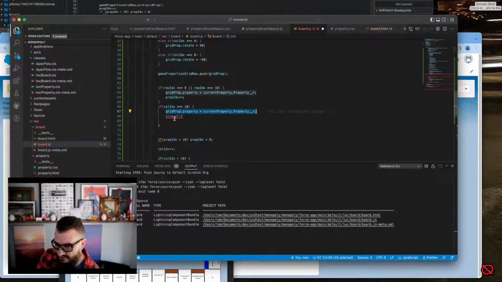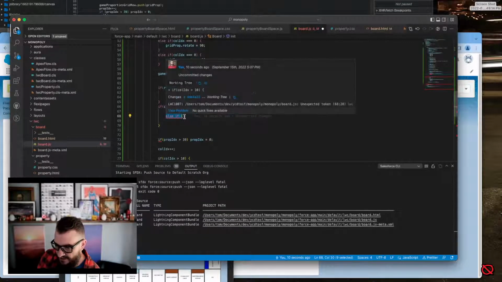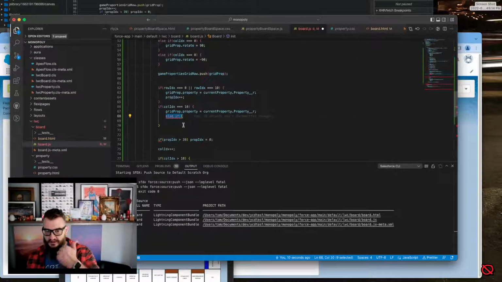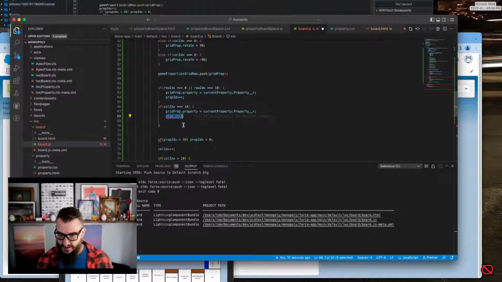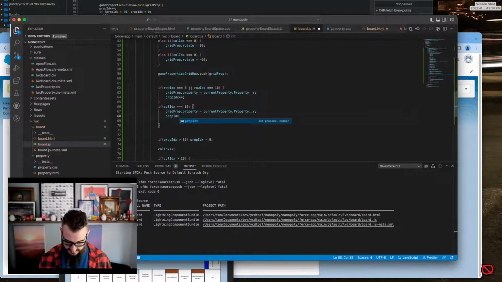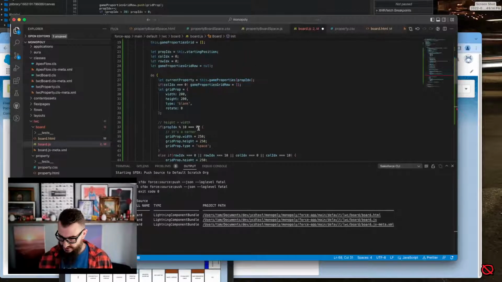If I'm in column 10, I'm setting the property, and I'm about to go back to 0. When I do that, if I'm going into 0, I need the property index to equal the starting position